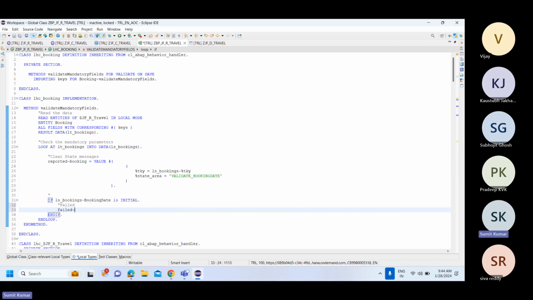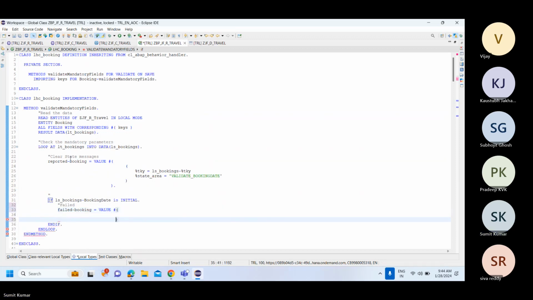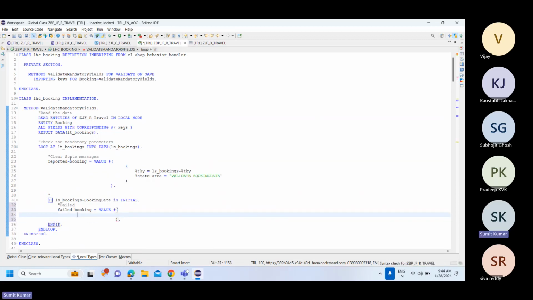I'll say fail dash booking, and here I'll add a fail parameter. What is the data that should be failed over here? The one which is identified by the key parameter, definitely. So I'll say percentage TKY equal to ls booking